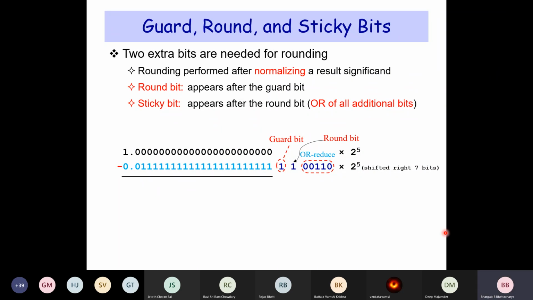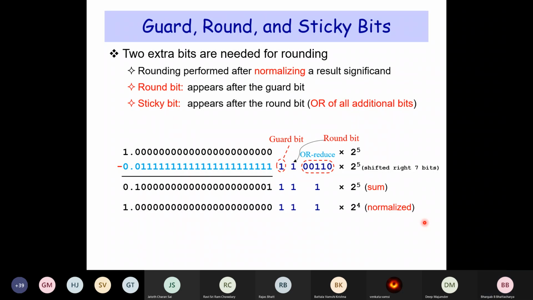So if I perform the arithmetic operation, suppose I don't use this guard bit and all this, I just perform the arithmetic operation here. This is subtraction. So I'm going to get this one, and the sticky bits, we take all of them, and finally we get this. But if I keep this guard bit, then considering the guard bit, if you perform this subtraction, the result would have changed. And you would have got a better improved, more accurate result. And that is the purpose. The result which you see here is not considering the guard bit right now. I think you got the idea.